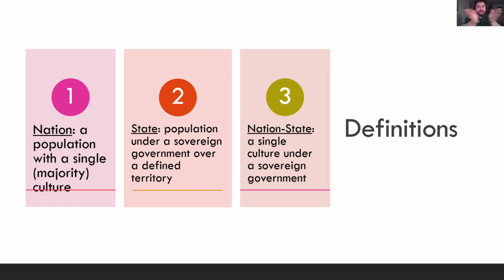Now, to get a nation state, we just put these two together and we get a population with a single majority culture under a sovereign government. That is our nation state. Some good examples are places like Japan and Iceland, who in general we're thinking of as islands too. It's not always the case, but single solitary islands like Japan and Iceland were separated for so long from other places that their culture develops idiosyncratically. So they develop a very unique culture unto themselves, and that cultural identity, that ethnicity, also develops unto itself, free from a lot of outside influence until we get more advents of exploration and boat travel and things like that.